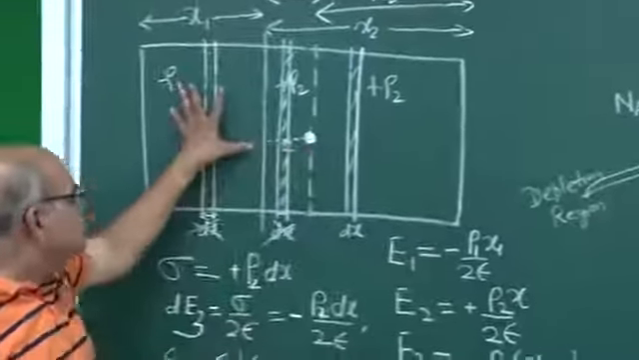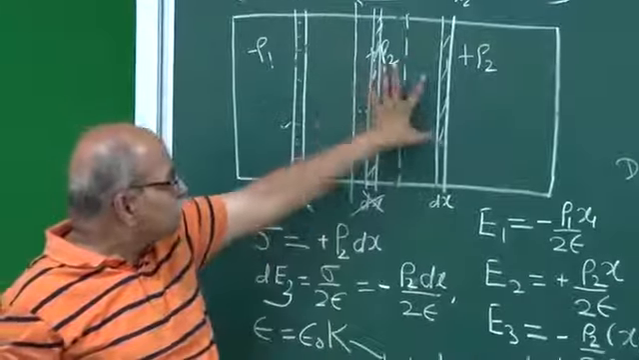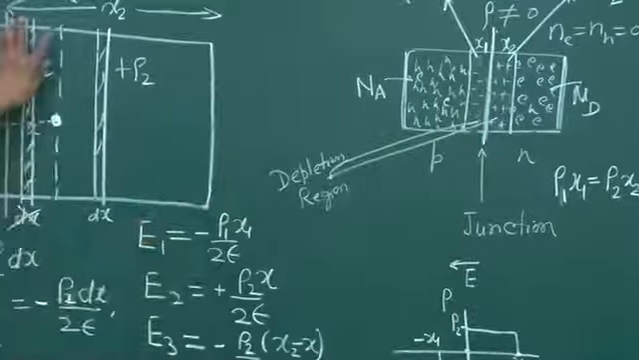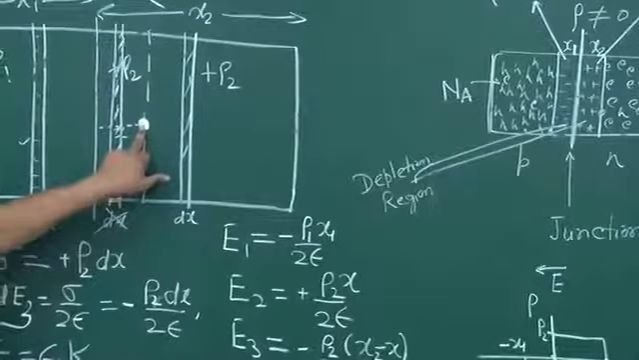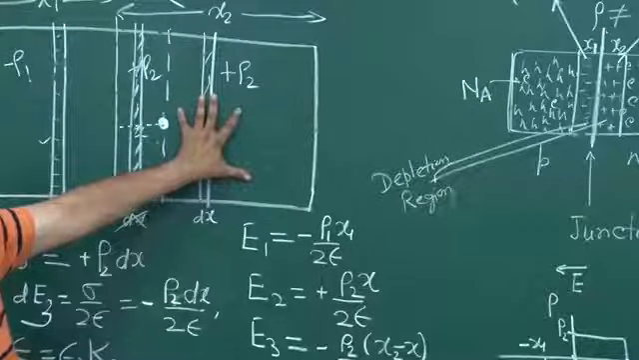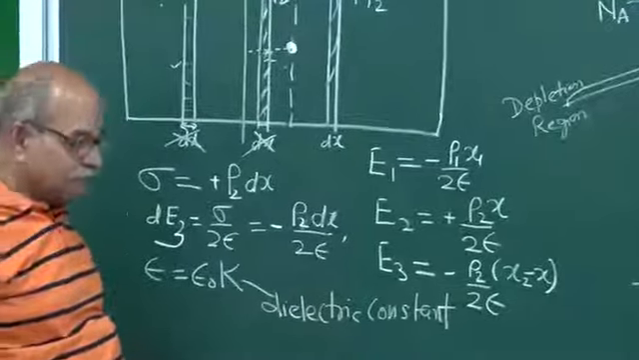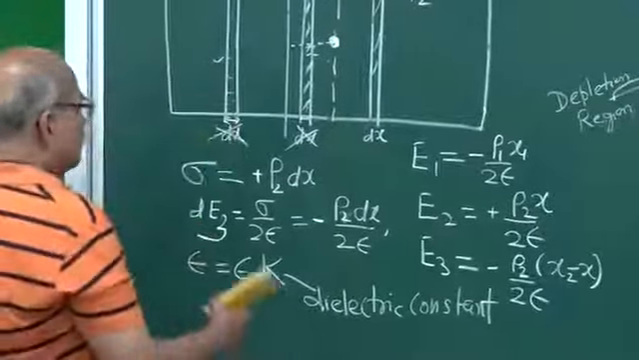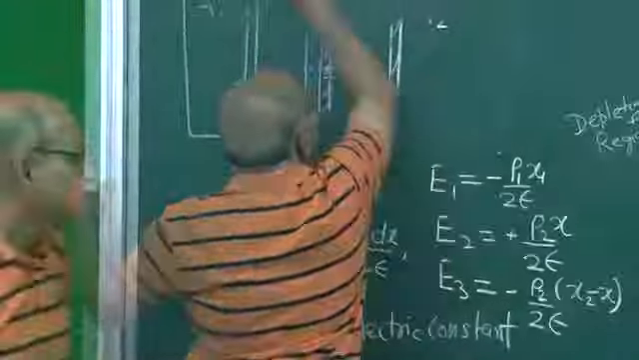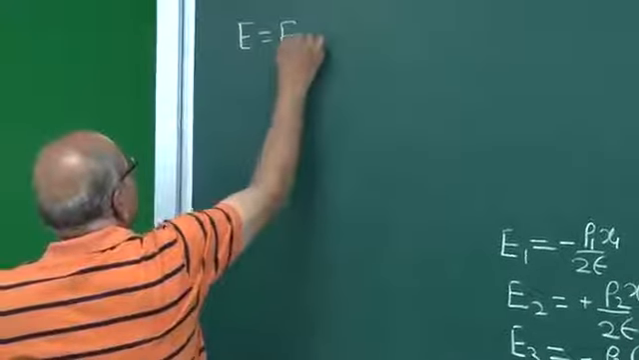Because of this, E2 is from the other side of the depletion region, but only from the part which is to the left of the point where I am calculating the electric field, and E3 is the electric field due to the rest of the system. So this is the thing. Now you calculate what is the total. So the total electric field will be E1 plus E2 plus E3,